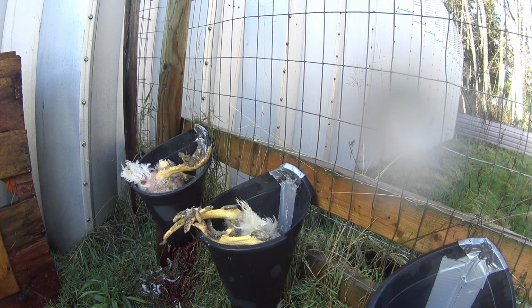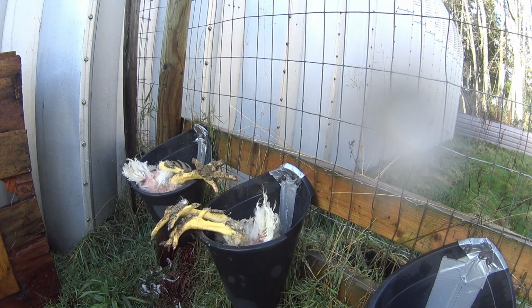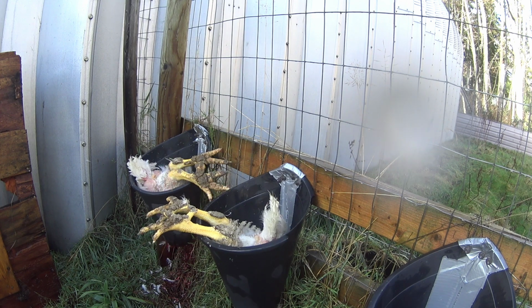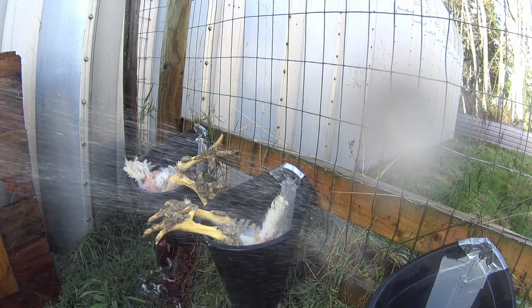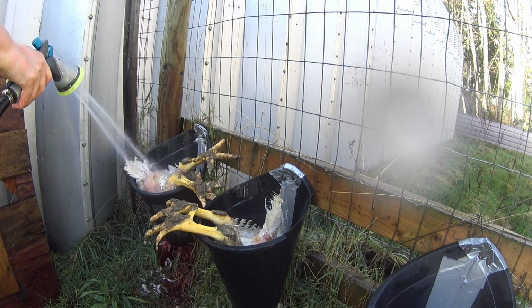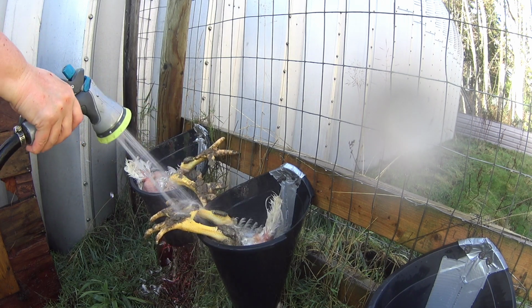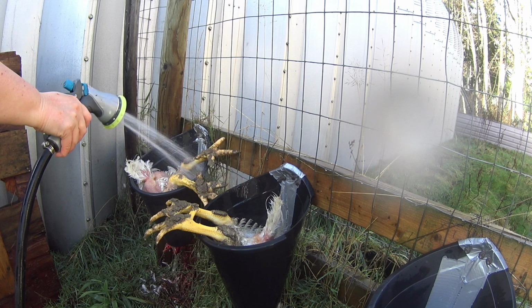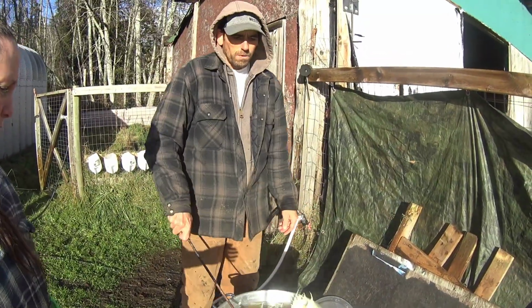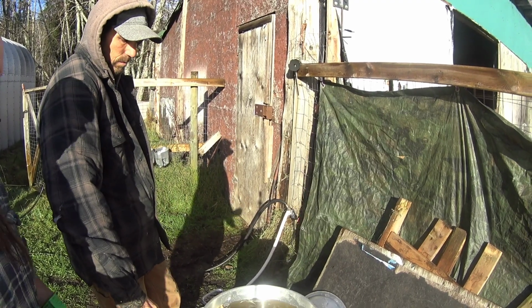And by watching the video back, it took them about 2 minutes to stop their death throes, which is pretty well, I think, what they call it. Once they've stopped moving around, I always give them a hose. These guys' feet were really, really dirty, which cleaned off in the plucking process. Anyways, we take them from here after they've drained out some of their blood, and we put them into the